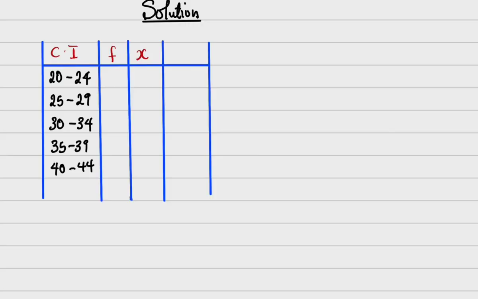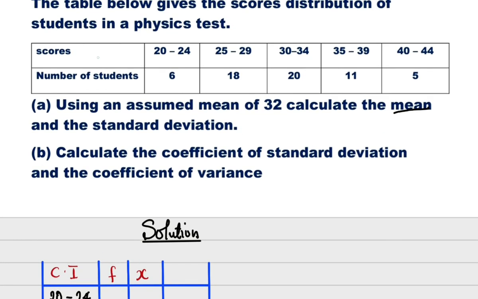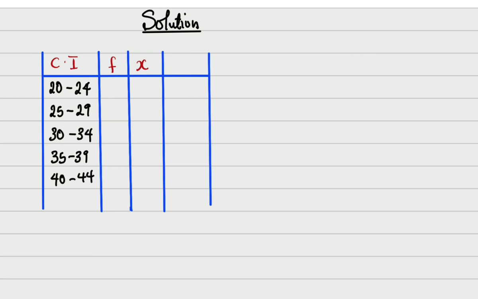On the screen you can see the class intervals. The class intervals are gotten from the scores. Then we have the frequencies: 6, 18, 20, 11, and 5. Now, don't forget, the instruction is that we are going to use an assumed mean of 32 to find the